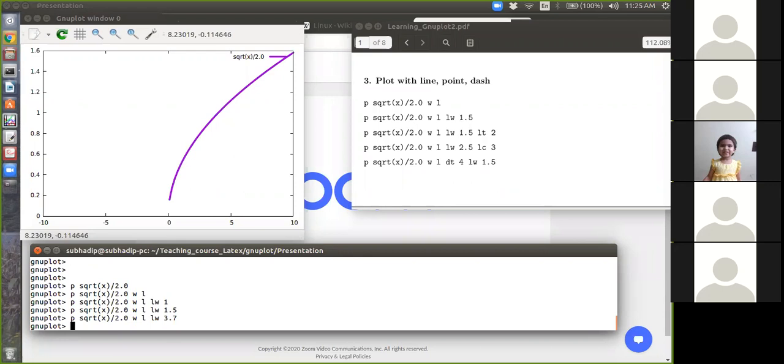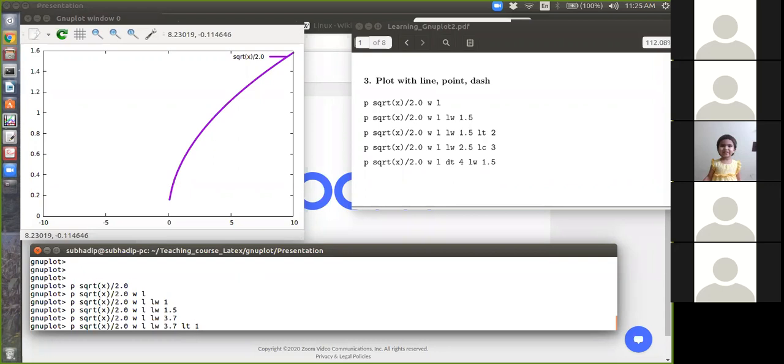There are two commands, both work equally, to change color. You add commands side by side to apply them. To change color, this is line type, LT. LT must be an integer: LT, then space, then some integer.